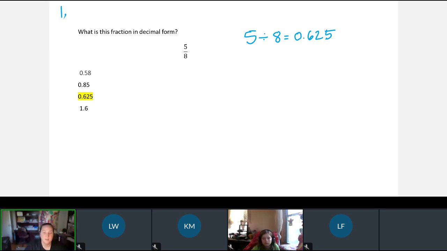So if you don't have a calculator, you would need to do this in long division like this. However, we do not have time for that today. I'm going to make a video on long division and put it in our announcements for our math class. So if you don't know how to do long division, you can look there later today and there'll be a video on long division. Okay, so the answer for this question is